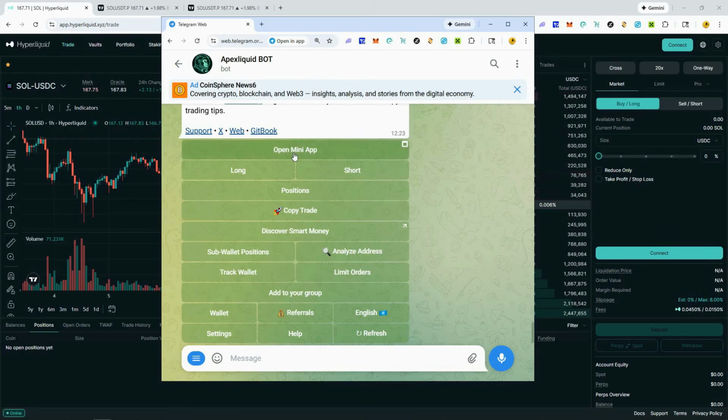I also want to test out their mini app, which is a new feature here from the Apex Liquid bot, where you can basically open it up and then trade kind of like you can straight on Hyperliquid. So it gives you the ability to trade easier with this bot for those people that like to trade manually, like myself. I like to trade manually with the bot. I'm diving more into the copy trading side of it, and it's just a cool little bot to use because,